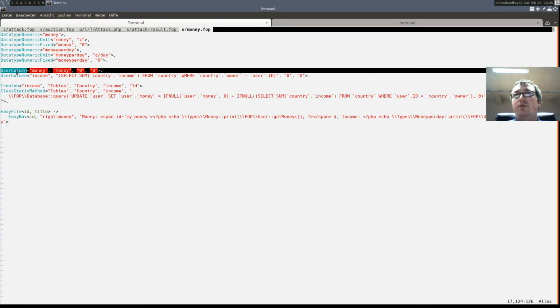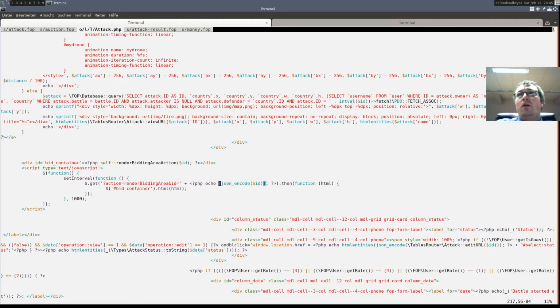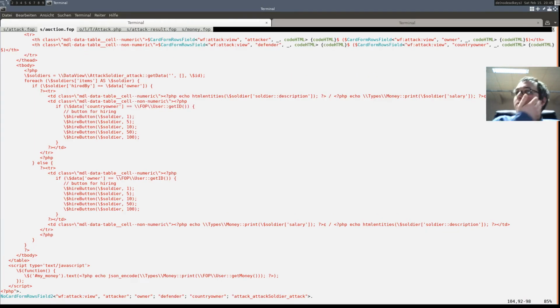Yes, our user has a user column money, and so every time the page is refreshed, we also update the money display. Okay.